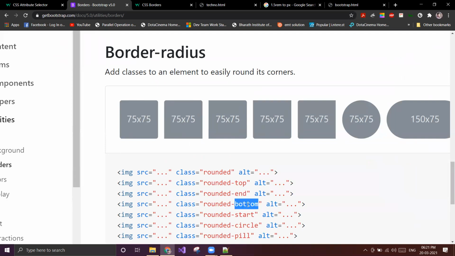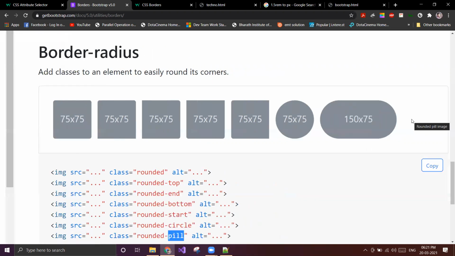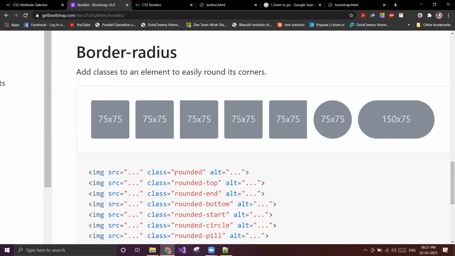Like that, rounded bottom, only from the bottom. Rounded start. Then we have rounded circle. Can you see this? How this thing is appearing? If you use a rounded circle, then it appears like this. And rounded pill is like this. So for this, we don't need to use the border class here. You can directly use it.